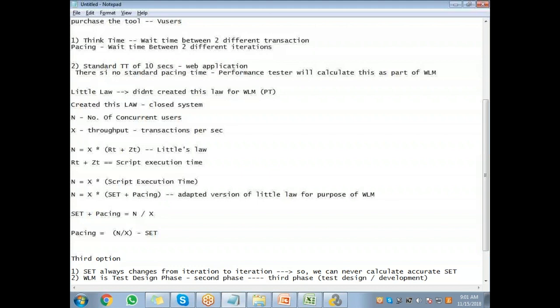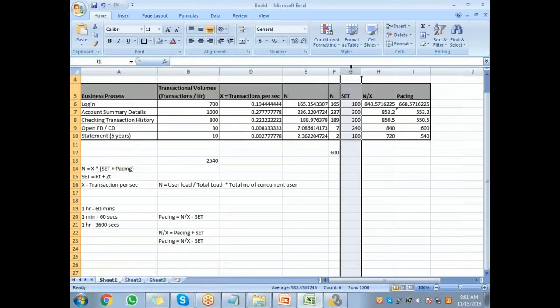So we will not have the script execution time. Workload modeling usually happens in the test design phase, which is the second phase. The scripts will be created in the third phase of PTLC. So when you're doing the workload modeling, you don't have the scripts. If you don't have the scripts, you cannot have the script execution time, so there is no way you can get it. Because of these two reasons,